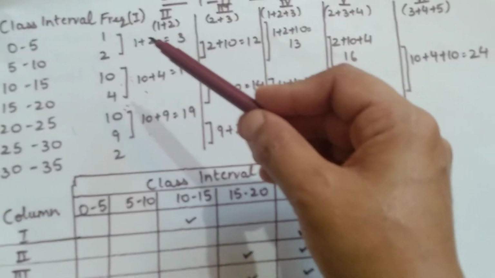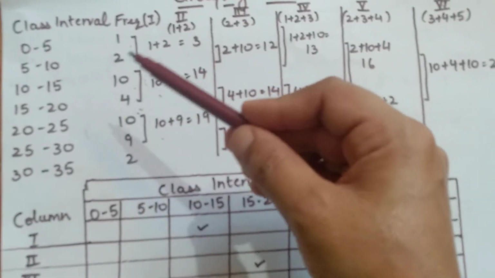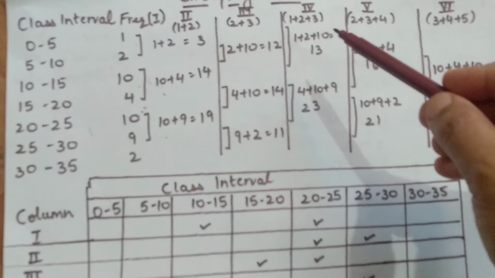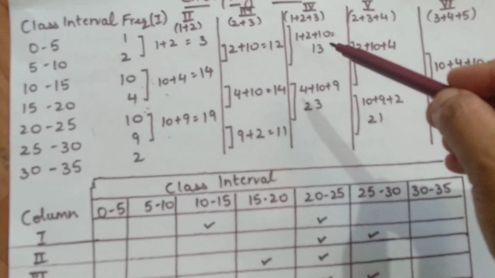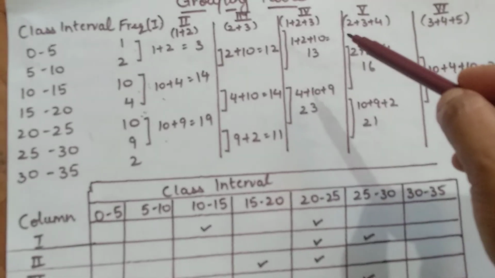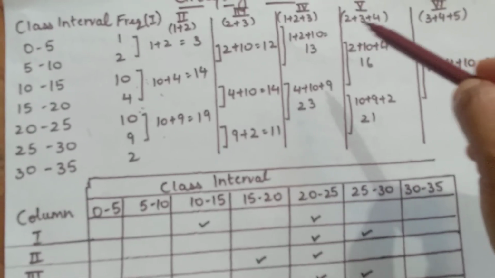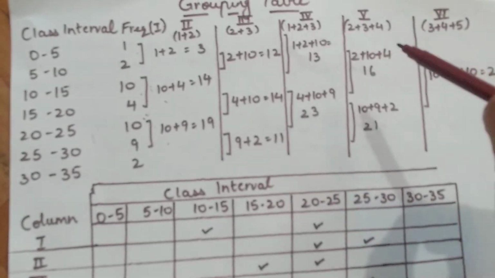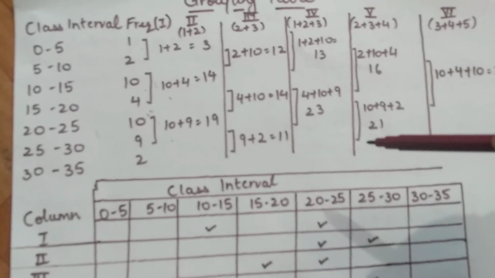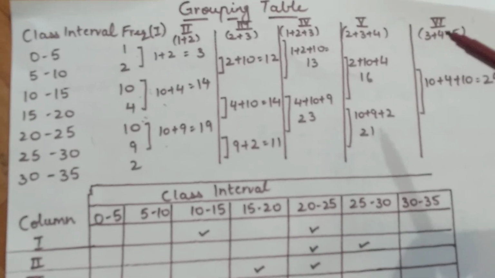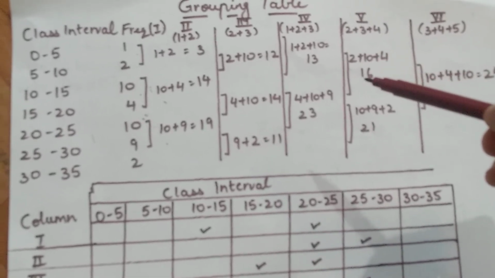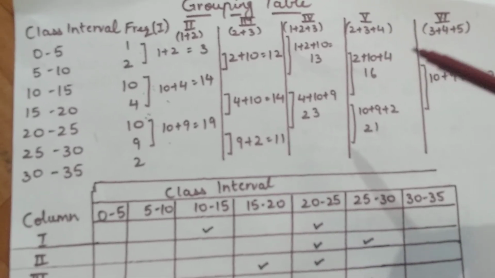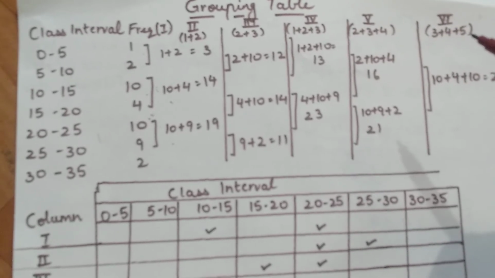So we will just be skipping the first one. In the fourth column, we will combine the frequency of first, second and the third class. In the fifth column, we will just skip the first one. We will combine the frequency of second, third and fourth classes. And moving ahead, in the sixth column, we will skip out the frequency for the first and second class, and we will start with the clubbing of third, fourth and fifth frequency.